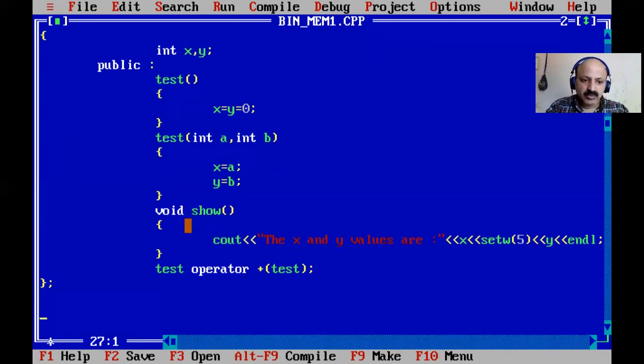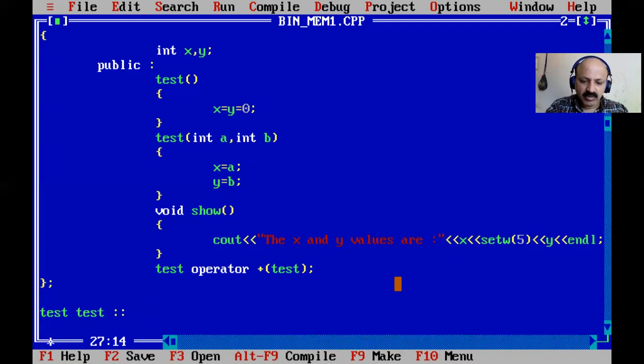Okay, so test and again test. Why are there two tests? The first is the return data type, and the other is the class name. Our class name is the same, and our return data type is the class, a user-defined data type itself. So there are two tests. Some students do not understand why there are two names, like complex or complex, simple. So you can give any class name.